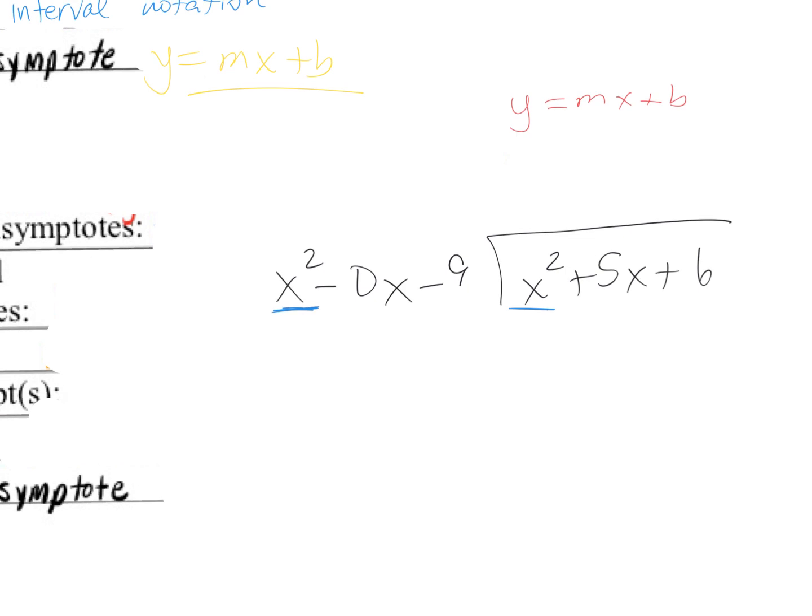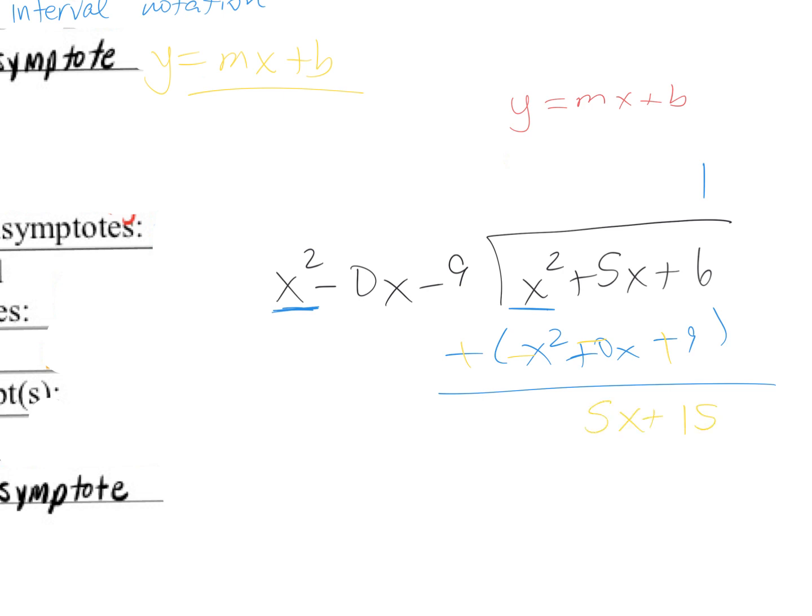How many times does x squared go into x squared? Once. So get your subtraction set up. 1 times x squared is x squared. 1 times nothing is nothing. And 1 times negative 9 is negative 9. So distribute, distribute, distribute, distribute. And you're left with